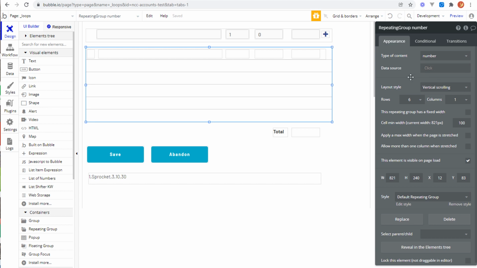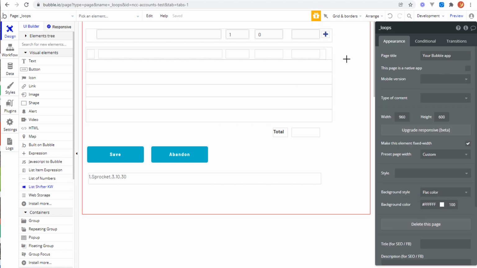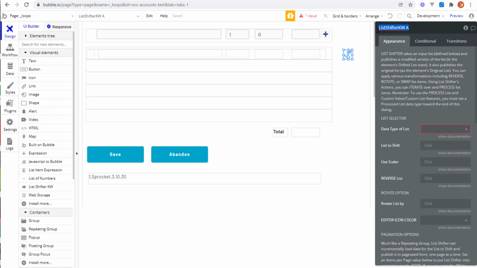Well, we're going to apply the same principle to the repeating group, which is that we're going to create a list of numbers through ListShifter that will then give us the data source of the lines, which will tell it to show a line for each number that there is in that list. Okay, so we need a ListShifter for that. So over here we will add a ListShifter, put it at the side of the grid so we know what it relates to, and then we can just call that LSInv